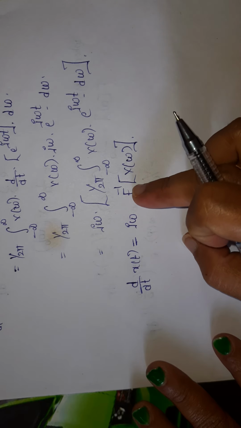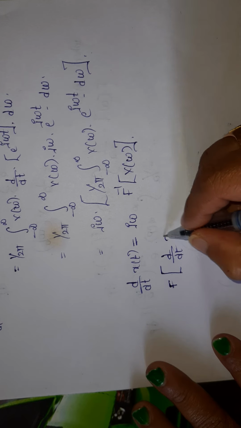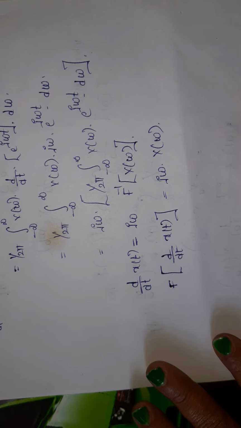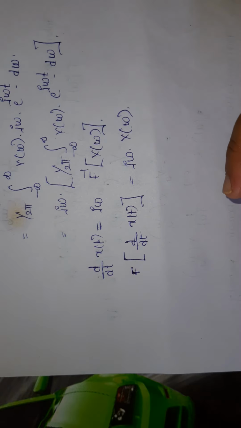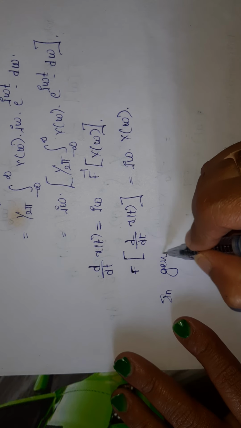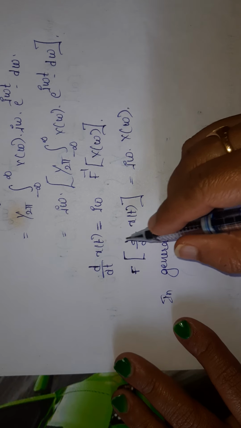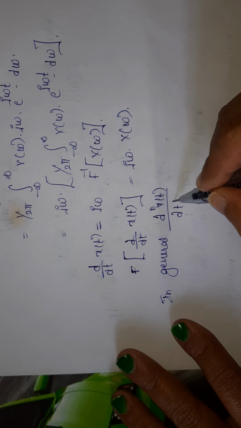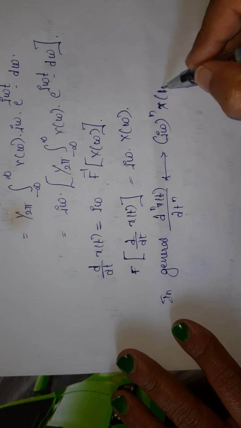Now bring this inverse Fourier transform to this side. So I will get d by dt of x of t is equal to j omega into X of omega. This is the differentiation in time domain property. Okay. So in general, if the order of the differentiation is higher, here the order of the differentiation is 1. Now if the order of the differentiation is changed like this, then I will have j omega power n into X of omega.